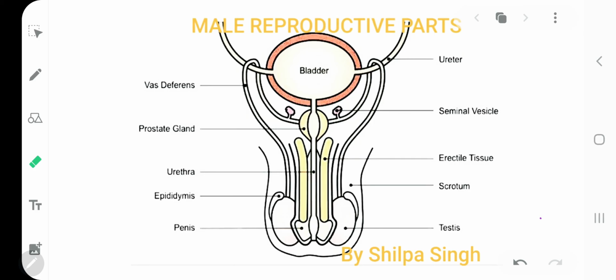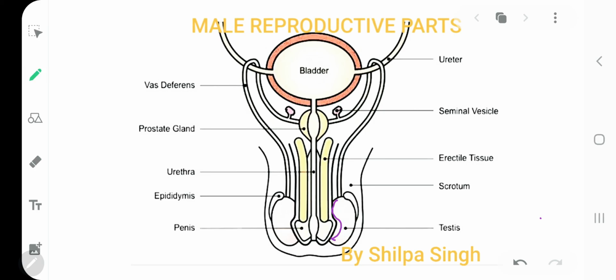In that, we will be covering male reproductive parts. My dear kids, in male reproductive parts, there are some parts which play a very important role in reproduction, but there are some other parts also present which are just known as accessory parts. That means they actually do not take part in reproduction, but they are just there as accessory parts. So the main part of the male reproductive system starts from the testes.